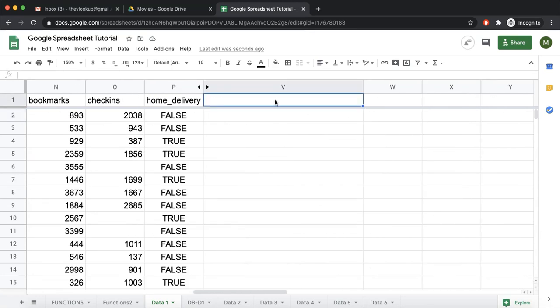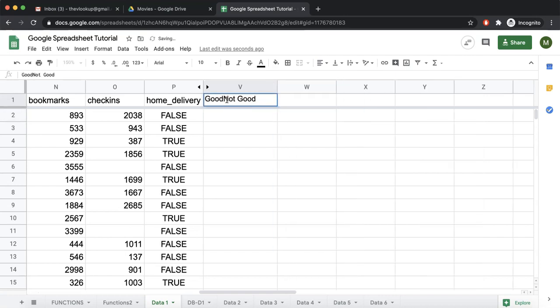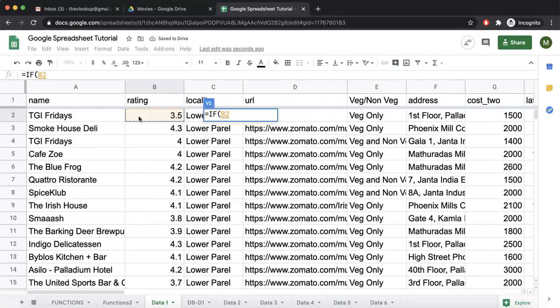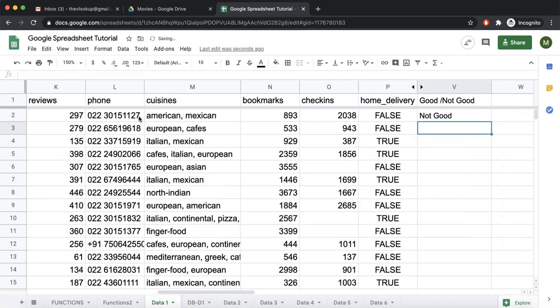So what we write over here: good, not good, make it smaller, and we say equal to IF rating is greater than 3.5, comma, this is my logical expression, and then if it is true, you should say good, else you should say not good, and then we drag this down.